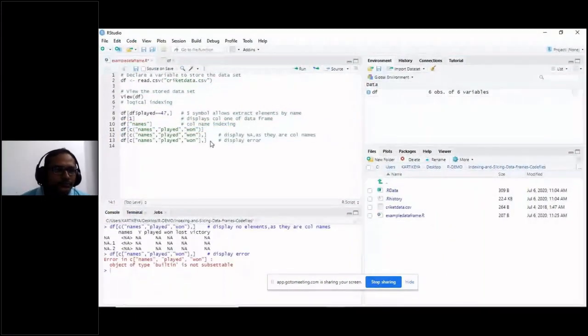Now, see in this particular example, it displayed an error. Can you identify where the error is? Right. When you are referring to the column, R processes the column as it is.